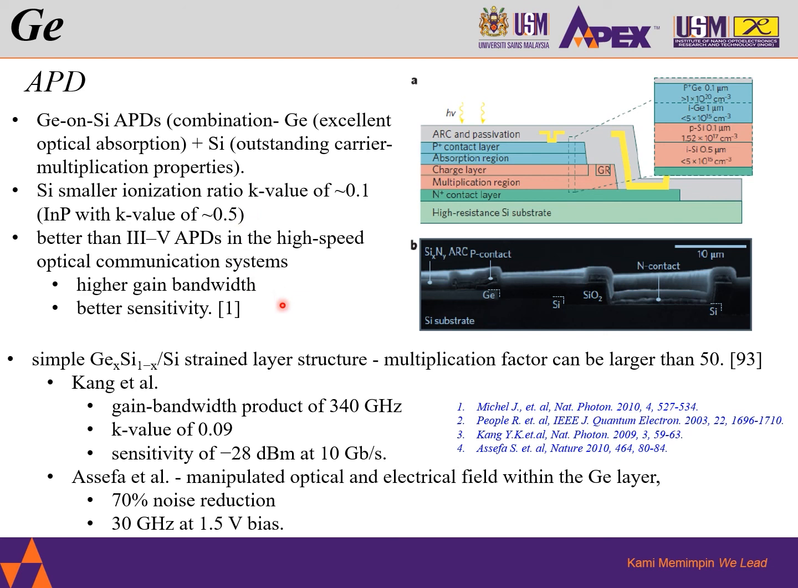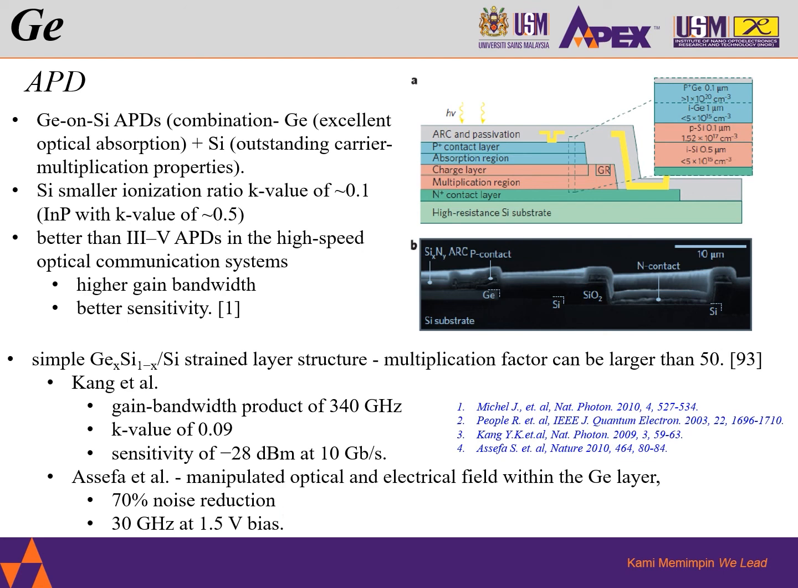With a simple germanium on silicon structure, the multiplication factor can be larger than 50. Kang and his team achieved a gain bandwidth product of 340 GHz with a small K value of 0.09 and a sensitivity of -28 dBm at 10 gigabit per second. Masafumi's team manipulated the optical and electrical field within the germanium layer and achieved 70% noise reduction with a high photodetection speed over 30 GHz